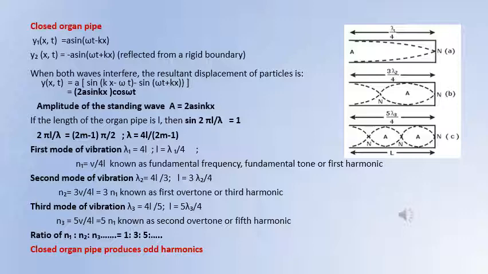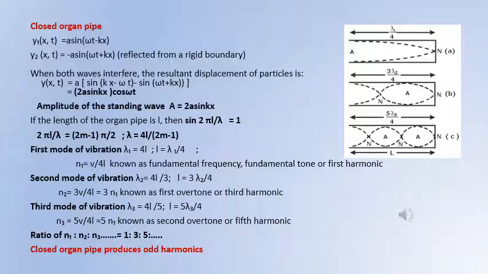Now by the principle of superposition, we get the equation of the wave as 2A sine kx cos omega t. So the amplitude of the standing wave in the closed organ pipe will be 2A sine kx, where k is